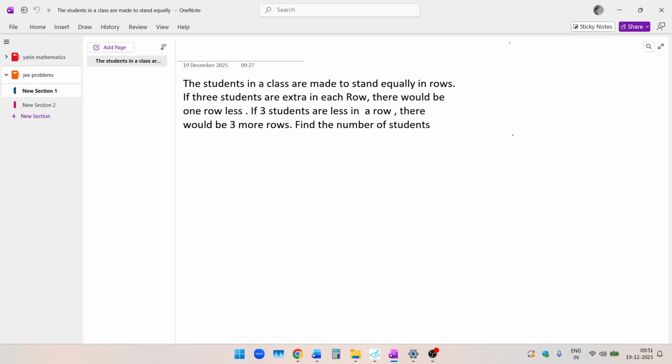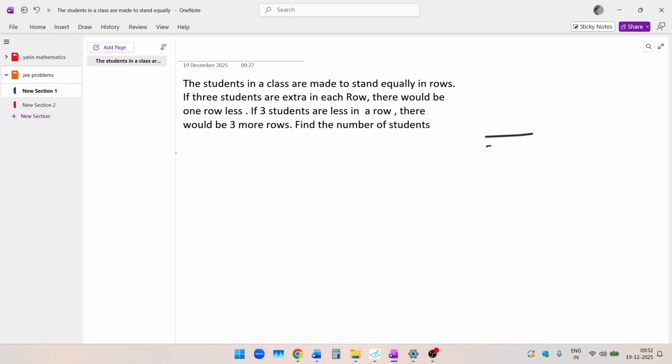The students in a class are made to stand equally in rows. If three students are extra in each row, there would be one row less. If three students are less in a row, there would be three more rows. Find the number of students. So,